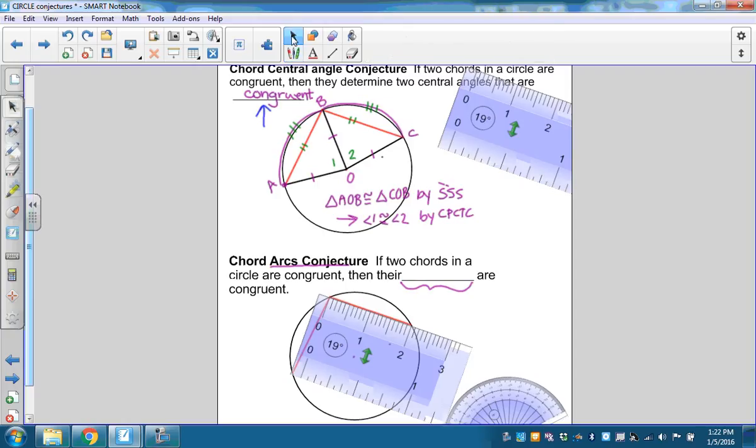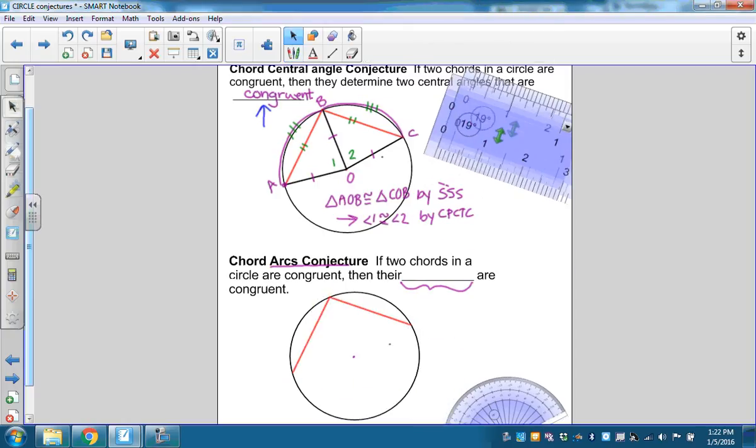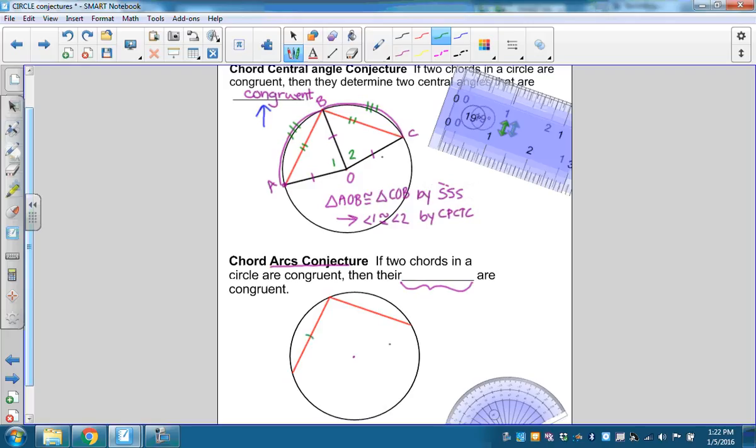So, in other words, without drawing all those triangles, if you know that this segment's congruent to that segment, then you know that this arc from point A to point B has to have the same degree measure as the arc from point B to point C. In other words, if I told you that this arc AB was, say, 85 degrees, then you would conclude, because the two chords are congruent, that arc BC would also be 85 degrees. So we say they're intercepted